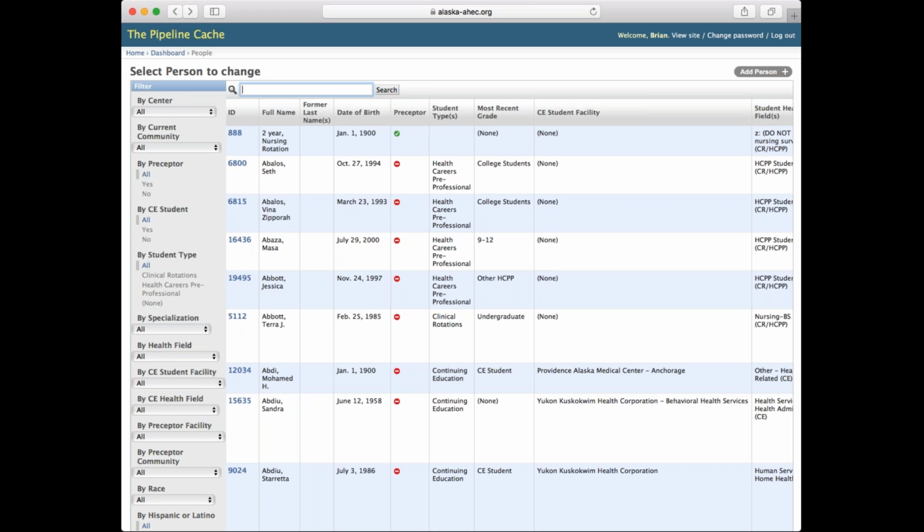So they have a more traditional public-facing version of a page that allows prospective clinical rotation students to submit an application, right? So it's got that whole who are you and why do you want to do this? When do you want to do it kind of thing, right? And they submit that application. And then on the back end, there's a workflow for the centers to be able to manage that application process